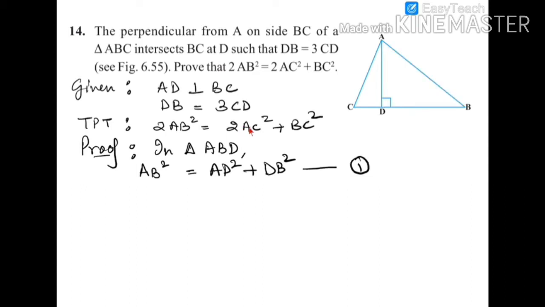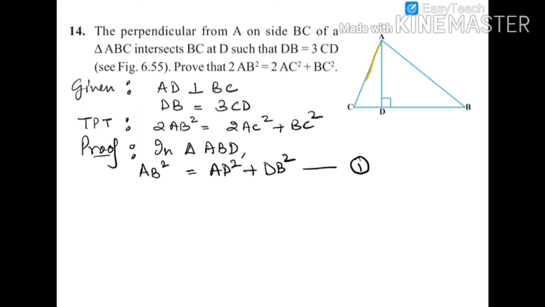Now observe the right side of the equation that we have to show. We want terms AC and BC. So what we are going to do is convert these terms on the right side of equation 1 such that we get AC and BC. In order to do so, we will have to use Pythagoras theorem or some information that is given in the question. Since we don't need AD square at all, let's replace it with something. So look in the figure.